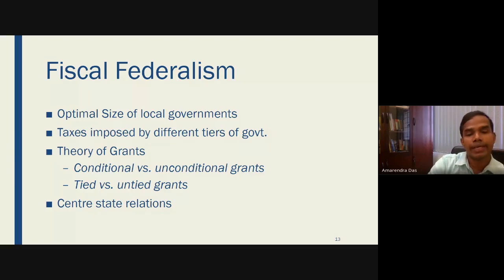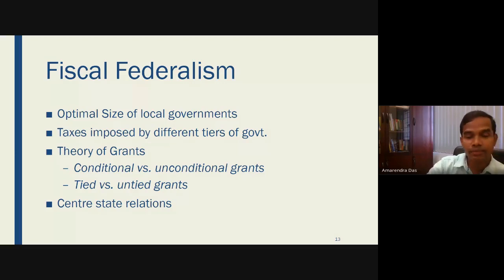They may spend money on something else. But it is important in a country like India that all people living in the entire country should get free education. Now, if you give money to states without imposing a condition, states may not spend it on education. They may spend it on something else, which will maximize votes. So in that case, a conditional grant is a better one. But theory also says that an unconditional grant maximizes the general welfare of the people. So these are again conflicting, and those are discussed in the theory of grants.